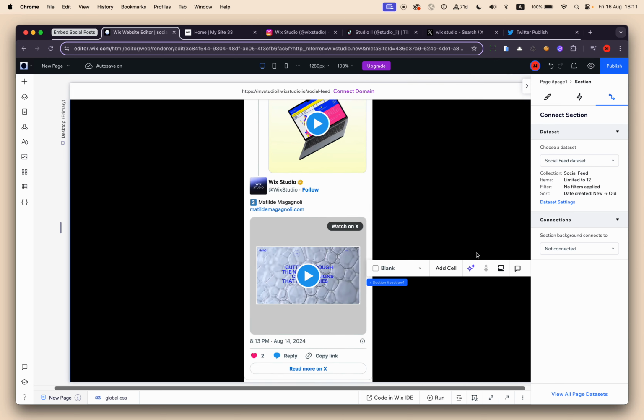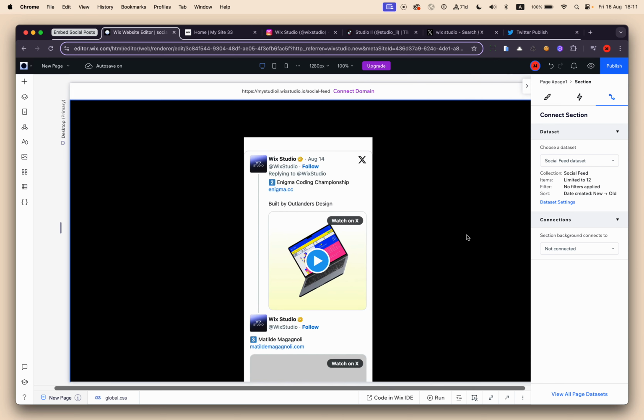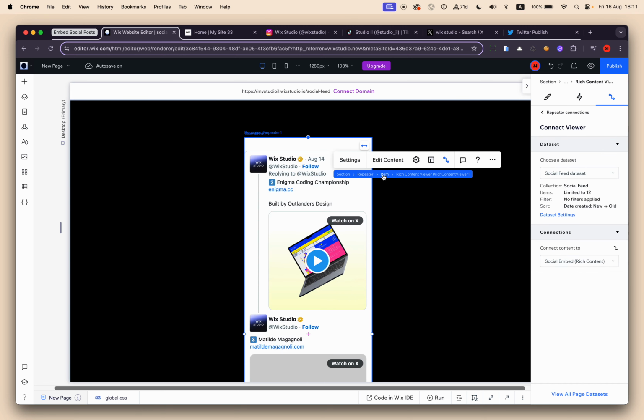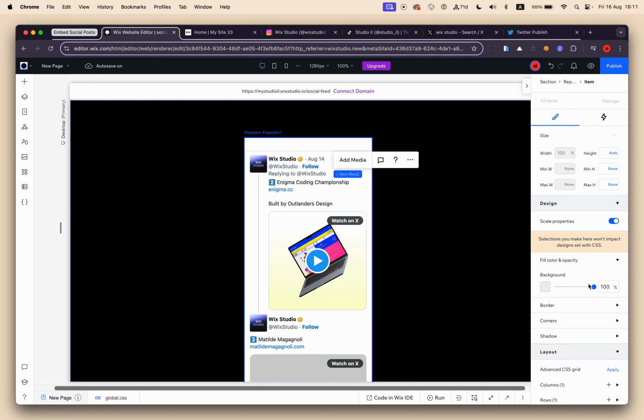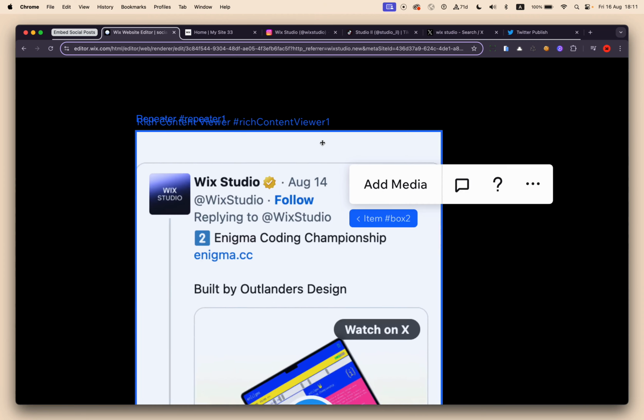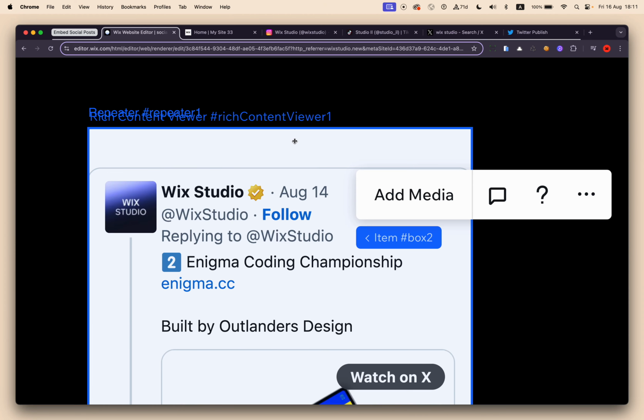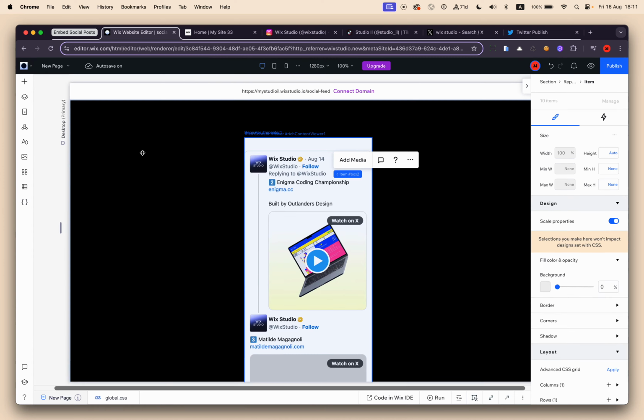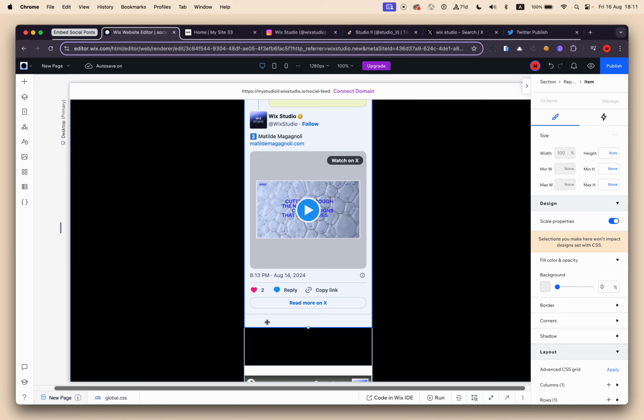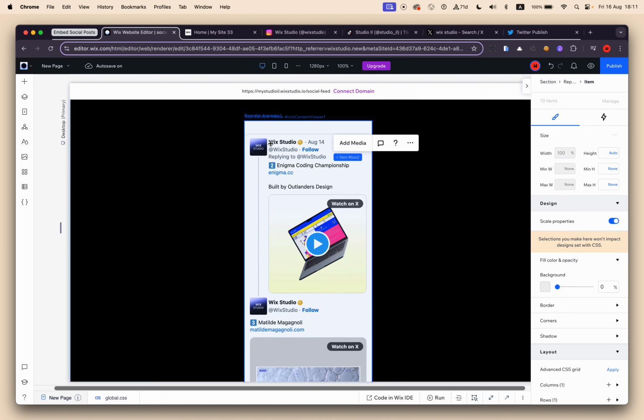Now we have a layout issue. First of all, we don't want to have the background color of the item. We don't need it, so let's remove it. The second thing is that because we are using the rich content element, when we are embedding the code, in practice there is a space from top and from bottom, which is called BR in HTML. It's a line break, so we need to